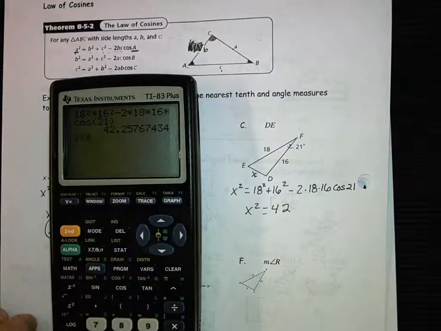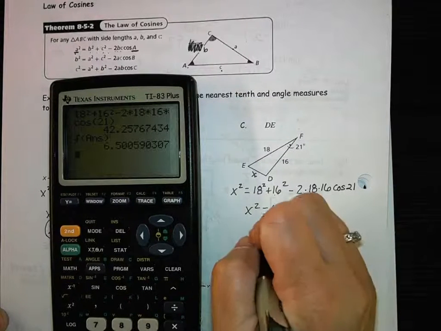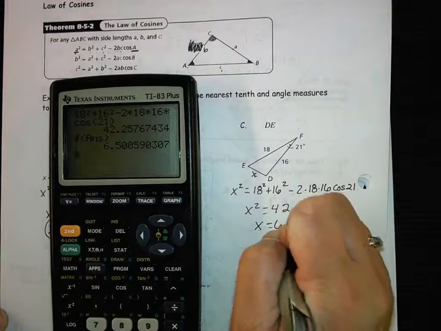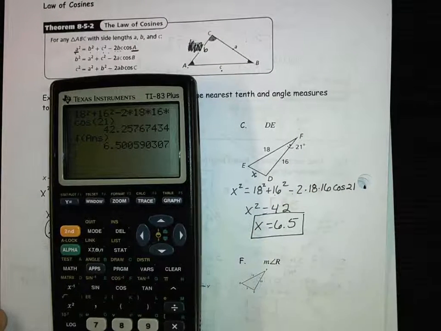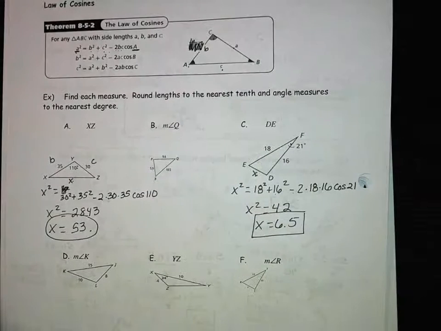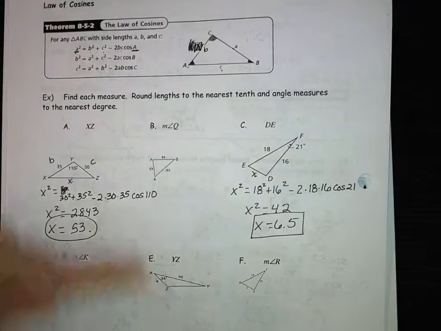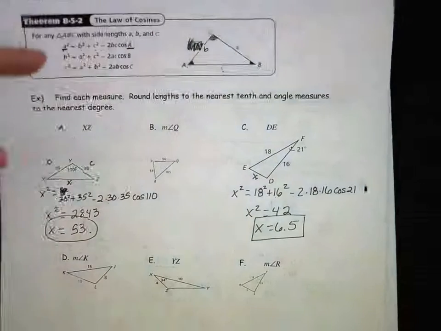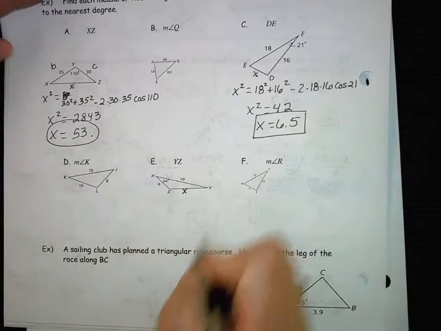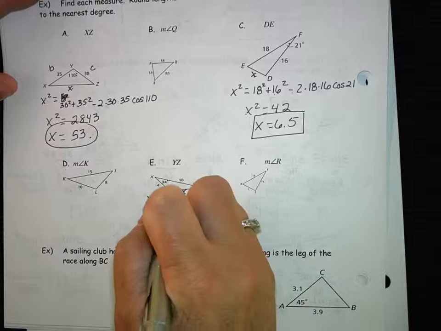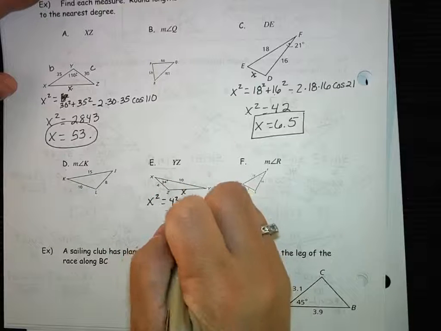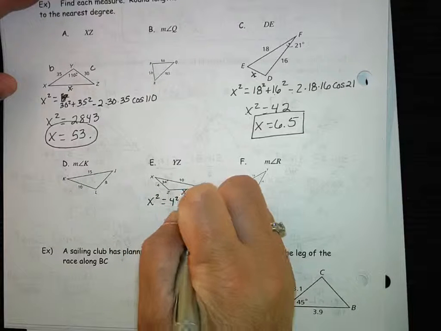And then we do second square root and second answer. And x ends up being right about 6.5. And the third one that is like this example is letter E. We're trying to find this side. So we will have x squared equals 4 squared plus 10 squared